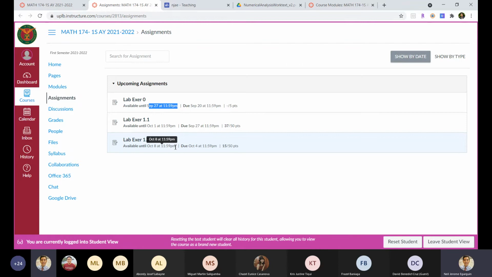So yeah, you can do the lab exercise beforehand or during the labs. Pero highly encouraged that you try it if you have time before the lab session so that at least alam nyo na yung itatanong sa lab instructors on that following Monday. And then you will have some hours to finish and finalize your work. The deadline for submission will be before midnight, 11:59 p.m.